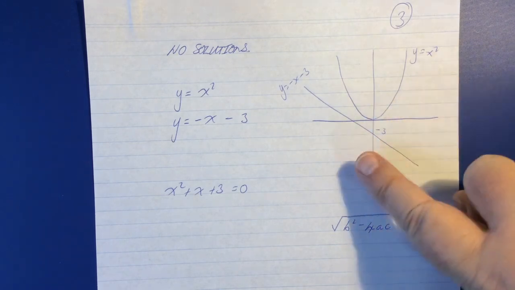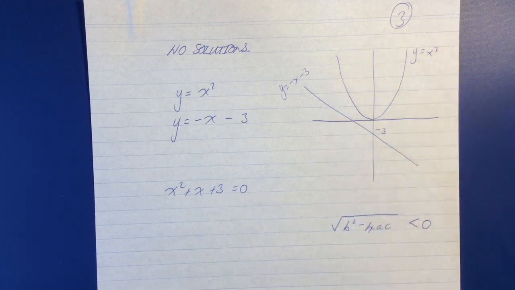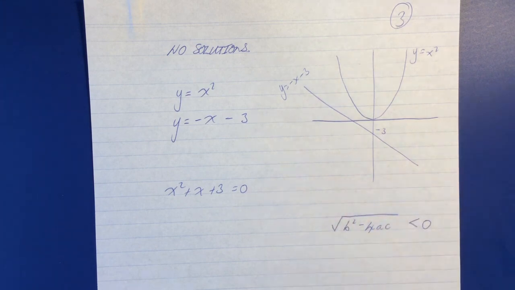Again, ignoring the fact that this may have been drawn, and we may well know that these things don't touch, so there's no solution. What's the process? Well, what I would do is check and see whether